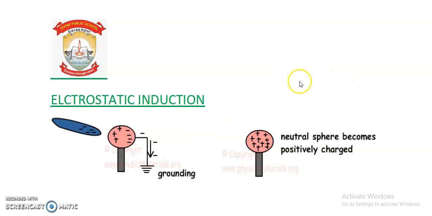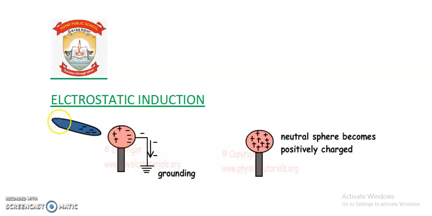In the last video lecture, I left you at electrostatic induction. Let us have a recall of that. In electrostatic induction, the charged body and uncharged body were kept close to each other. There was no contact between them. It means the charged body is kept in the vicinity of the uncharged body.